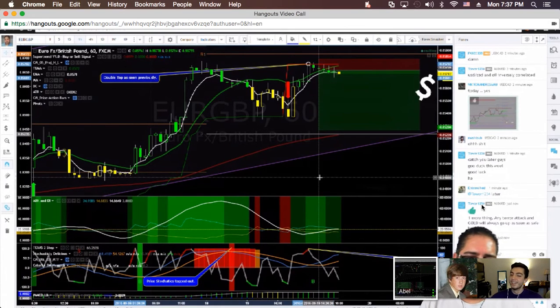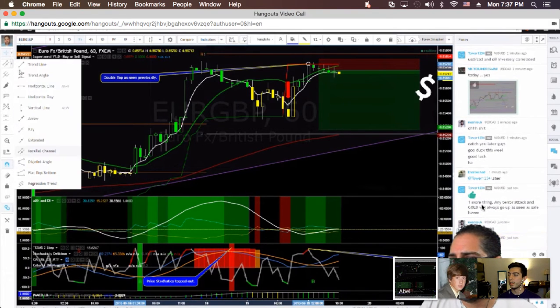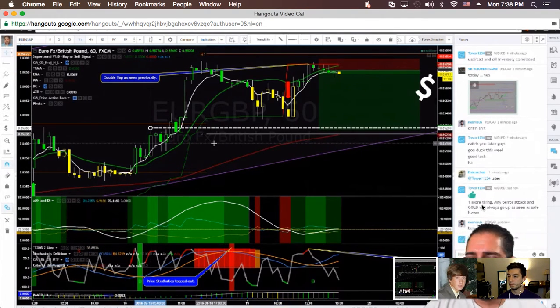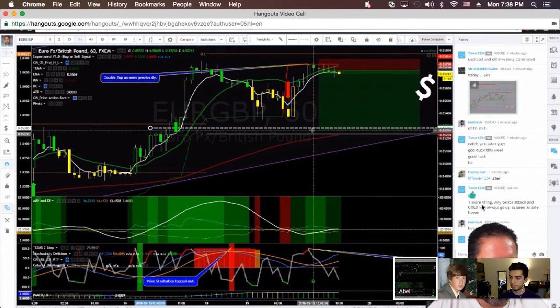Obviously you can't just throw a bunch of lines everywhere. You find the previous highs and lows and throw a horizontal ray. So once you hit the top of this candle, it puts out a ray going to the right, and it'll continue on down, days, hours, whatever later. If a candle hit here and came back down, you would expect that to be a level of resistance later on. I see.